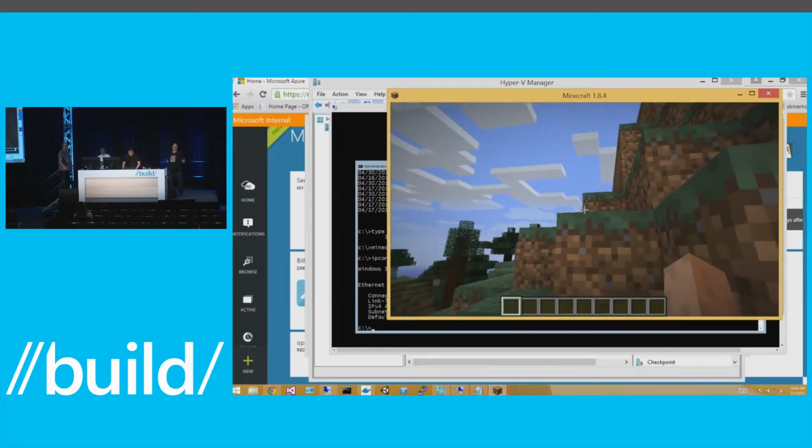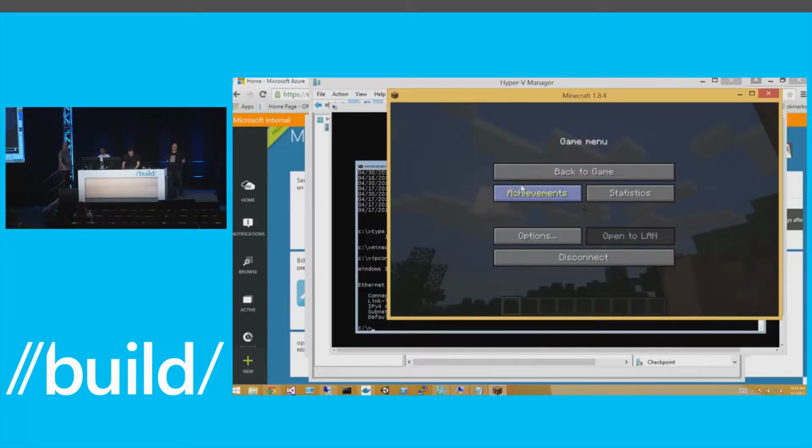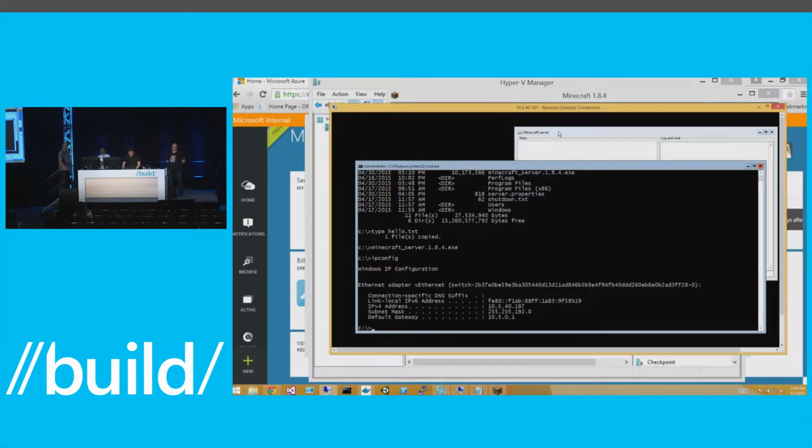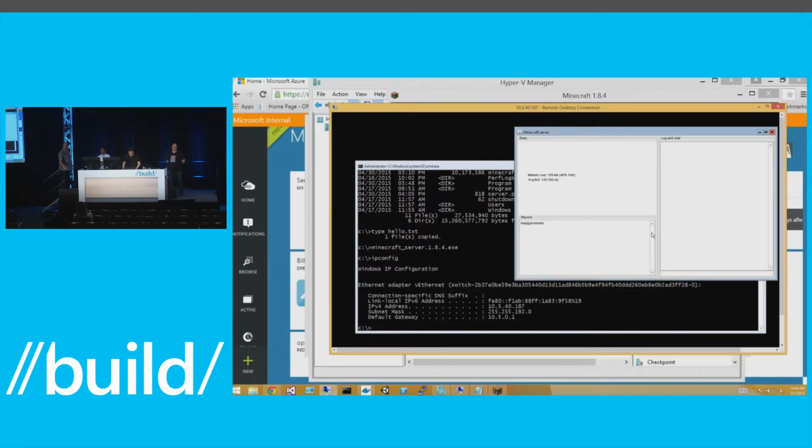And just to show I can actually interact with this, I'm going back to my Minecraft server. I'm going to make myself administrator. Oh, OP, oops. It's a little slow today. OP,